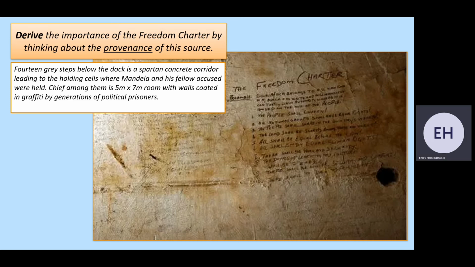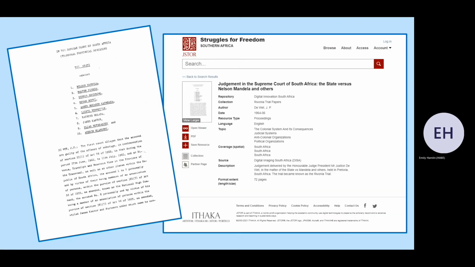When learning about the Freedom Charter, we might go through exactly what was written, and we might talk about the day in which they wrote it and who was part of it. But oh wow, do you get more of an understanding of how integral this Freedom Charter was to these people by seeing it inscribed on a wall of a Spartan corridor that takes them down to the cells where they were being kept before their trial. How much more do you gauge about the Freedom Charter just by seeing this inscription on this wall? These are the kind of discussions we'll have to stimulate and ensure that we have a complete knowledge of what happens here in South Africa.